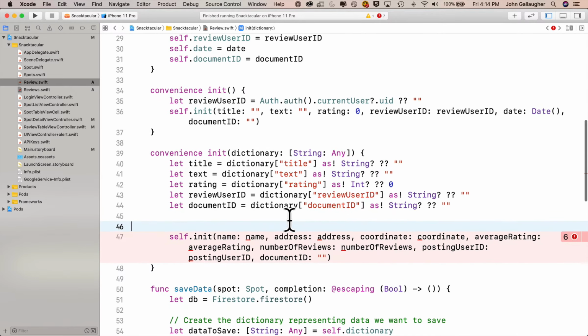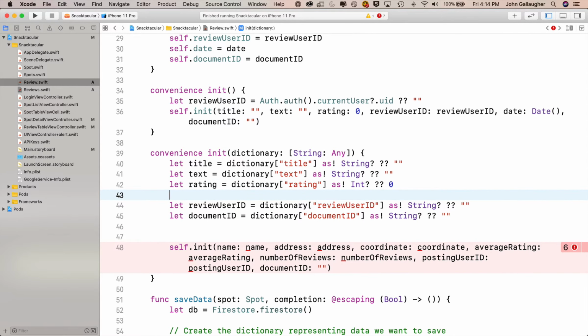So now we're going to go in the other direction. We're reading back that time interval or double that we saved out to Cloud Firestore, and then we want to convert it to an Apple date and pass that date back to the review class date property, which is expecting an Apple date. So up here, just in between where I create my rating constant and my review ID, I'm going to add a new line, and I'm going to say let timeIntervalDate equals